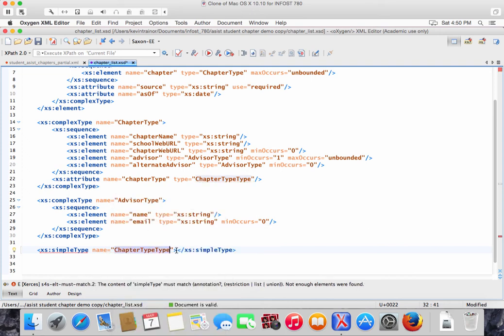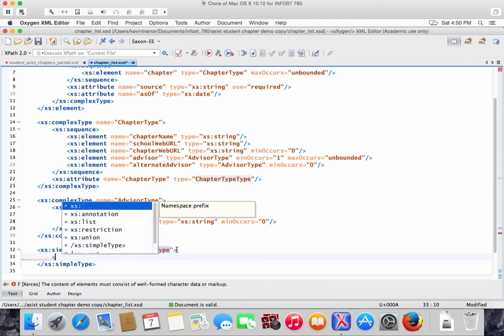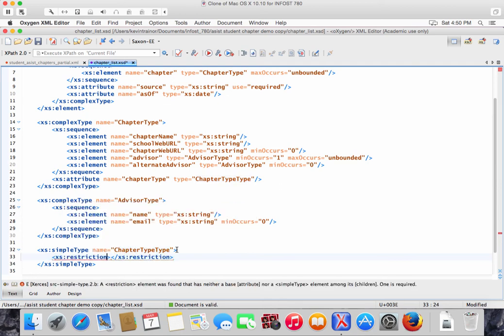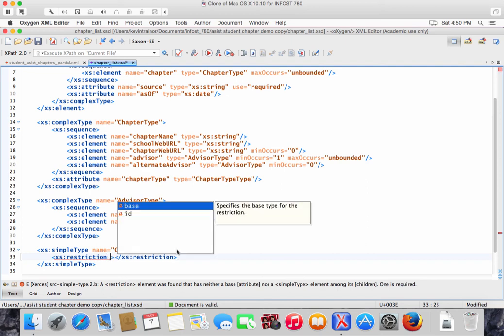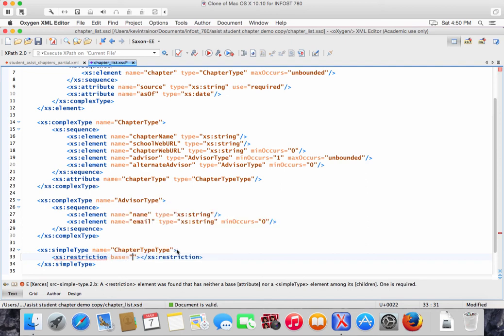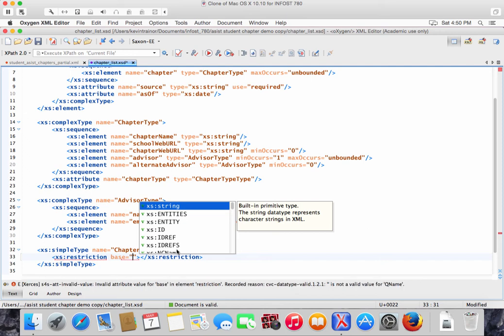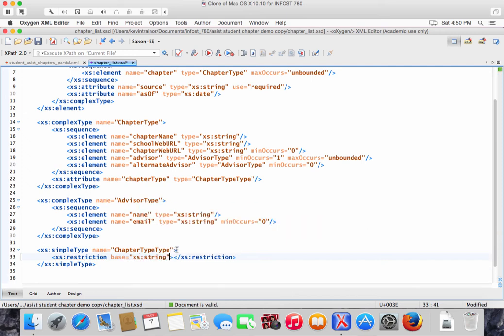Okay, now, what are we going to get in there? Well, we're going to have a restriction, XS restriction of a plain old character string. So it says the base equals what? Plain old XS string. Okay. And then the information about how we're going to restrict it, we're going to enclose inside the start tag